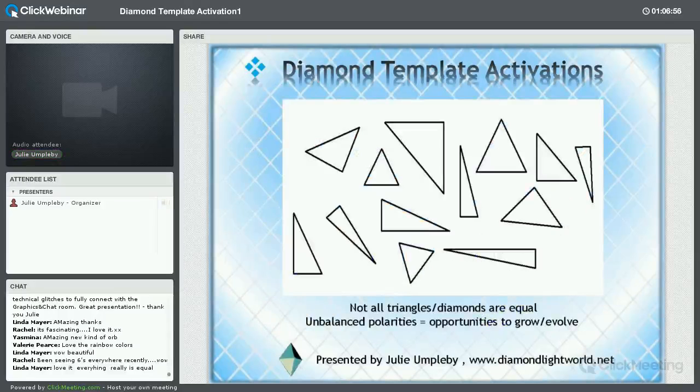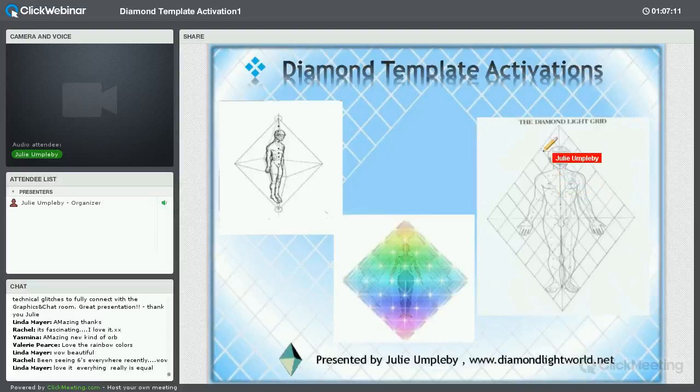So, bearing that in mind, and the balance, not all triangles or diamonds are equal. So you get unbalanced polarities. Let's say you've got a triangle like this. What we ultimately want, let me just show you this first, within our personal diamond grid is activation of all of these little diamonds in their perfected form. Now, what happens more often than not, because we really are dealing with the human condition, is that